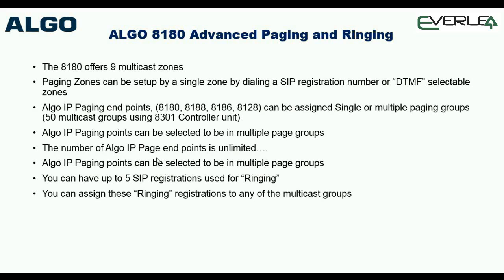The paging zones can be set up in a single zone by dialing a SIP registration number or as DTMF selectable. What that means is, let's pick on the DTMF selectable. Let's say we've got one master unit, and then we dial into it and then dial the extension number and then *1. That'll page group 1, *2, group 2, 3, etc. So that's just using one SIP registration and some post digits to access the multicasting, and we can set up all the different